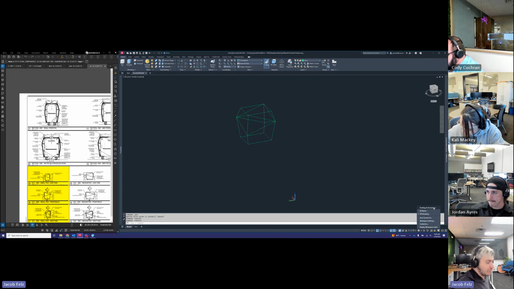If you ever want to do something in 3D, you don't have to switch these, but it definitely helps. So when you do switch it though, keep in mind that as you switch from one user interface to another, things like your properties or your tool palettes will actually close